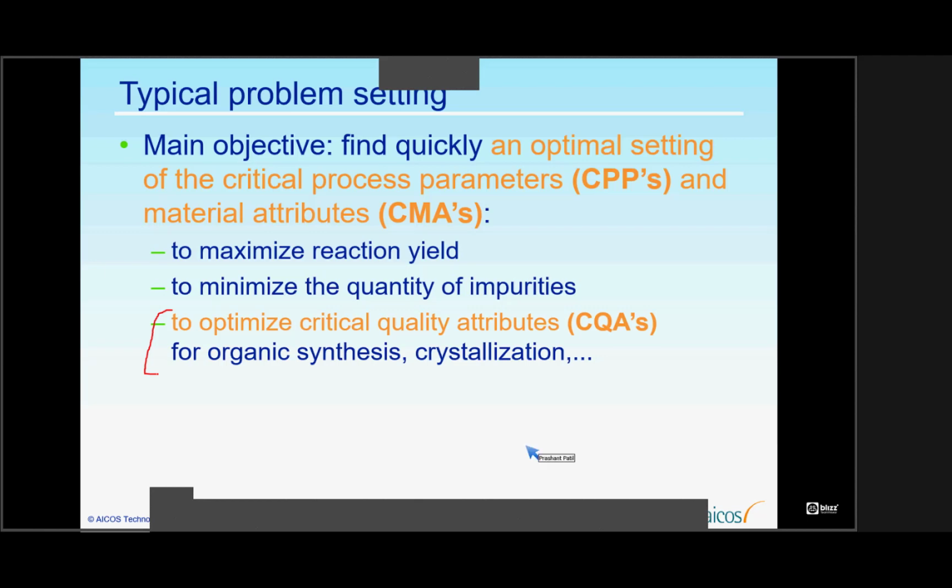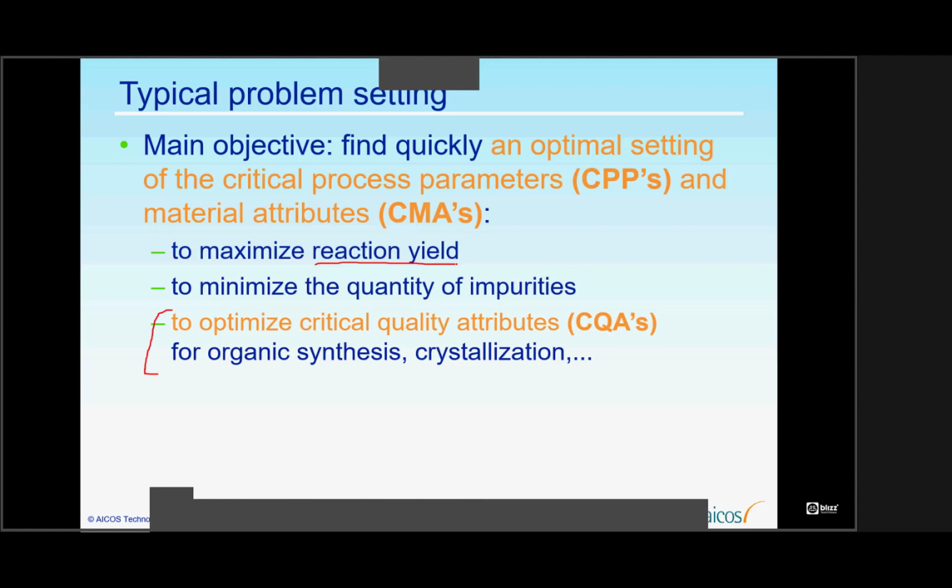And next to these quality attributes, which might be tablet hardness, the impurities in your product, for instance, or on an economical scale, which is not really quality related, to maximize the reaction yield. Actually, all these can be influenced by using appropriate values of process parameters, choosing the right materials,